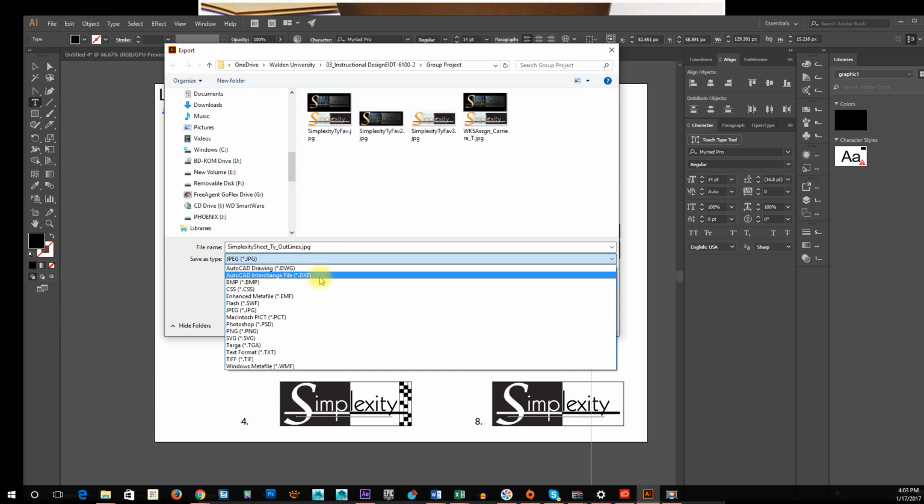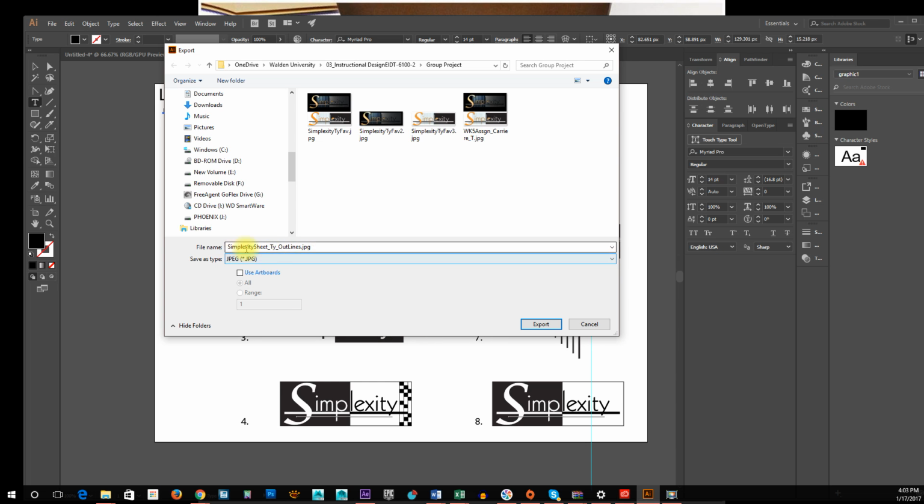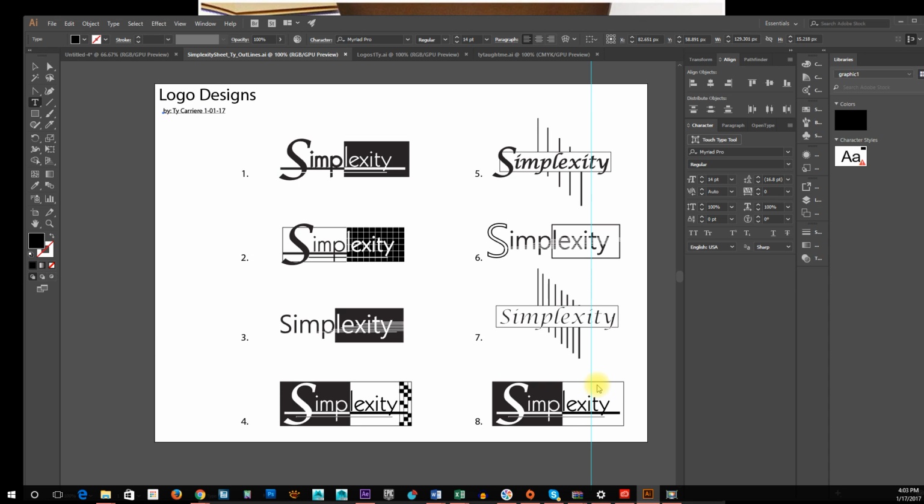and here is where I would choose what format I would want. So JPEG or PNG would probably work. If it's going to print, you'd want a Targa, a TGA. JPEG is a good compression, and pretty much everything reads a JPEG, so you don't have to worry about compatibility. And so I would just go right into there, export,